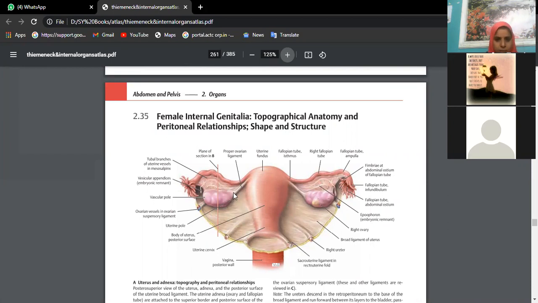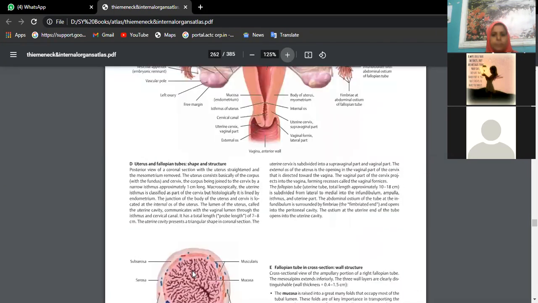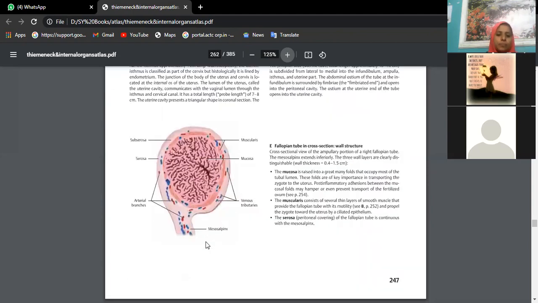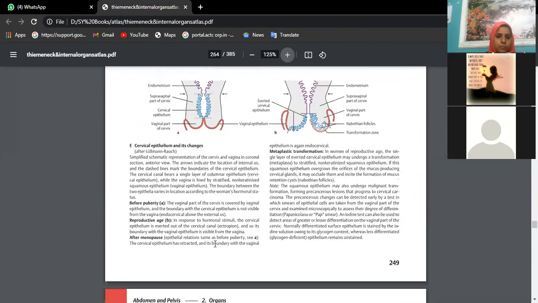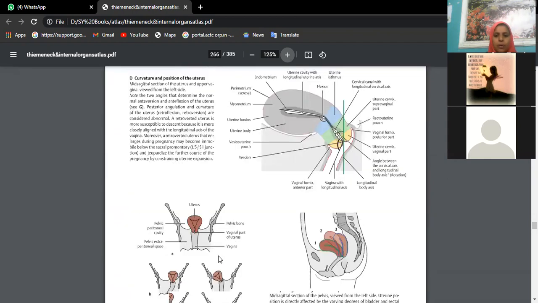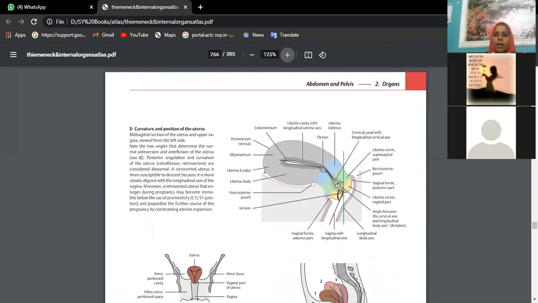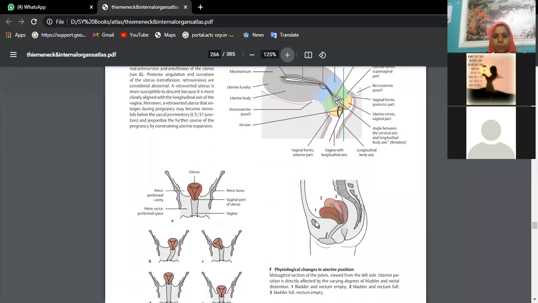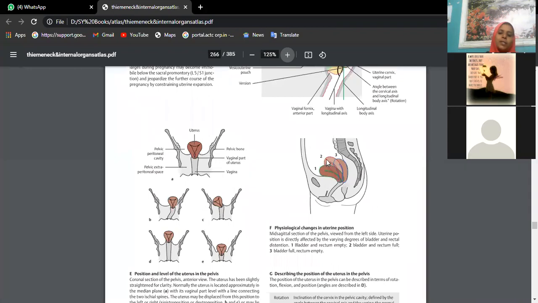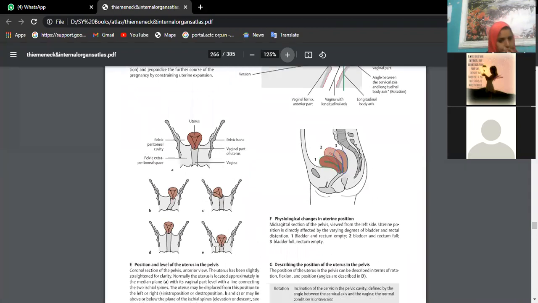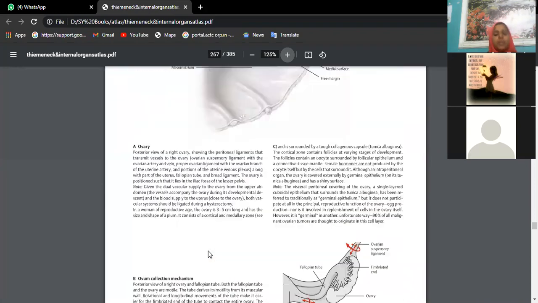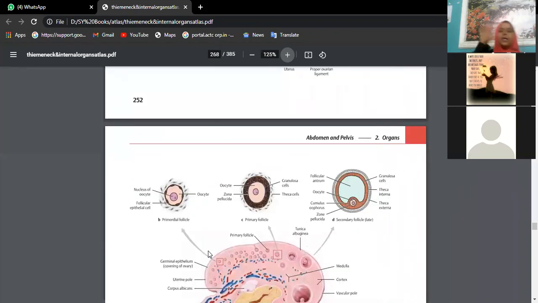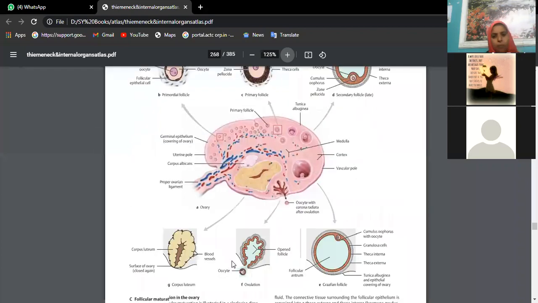Fundus, body. This is the broad ligament, fallopian tube, fimbriae, ovaries. Okay, these are the ligaments, no? Ovarian ligament, ligament of the ovary. These are actually ureters. Okay, you are finding its course here. It's the cut section. This I already told you, beta. Antiversion and antiflexion, fornices. What do you call the condition if the uterus is just falling backwards? Retroverted uterus. Instead of falling in front, if it is falling backwards, you call it a retroverted uterus.